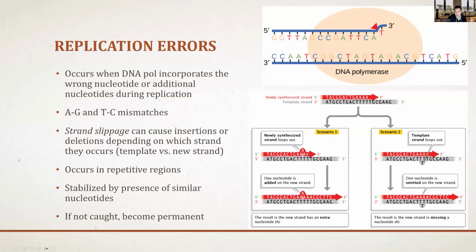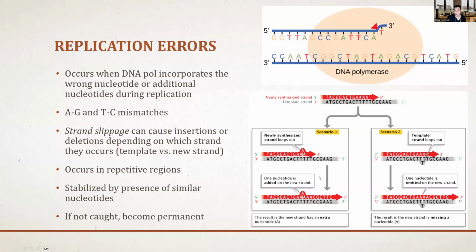So you can see in this scenario, there's a strand of 5 T's, okay? Which means you should have 5 A's on the complementary strand on the other side. But because you have so many T's in a row, sometimes that newly synthesized strand can loop out and four of the T's will be aligned. The fifth one won't be. And that results in that A just not base pairing, and it kind of gets